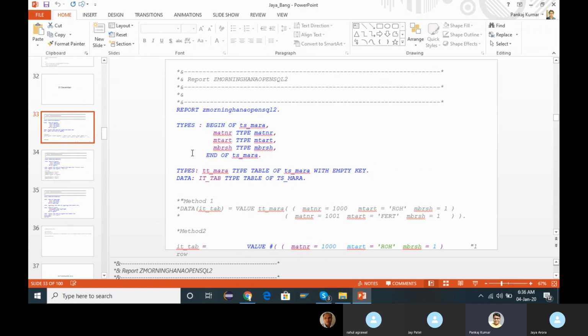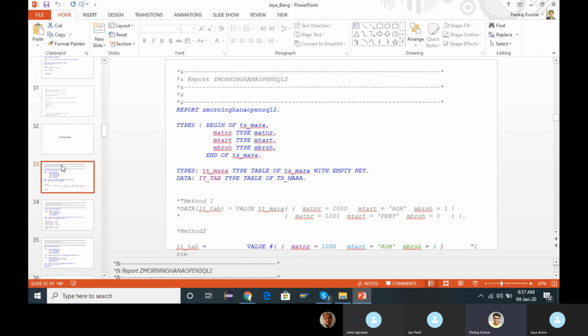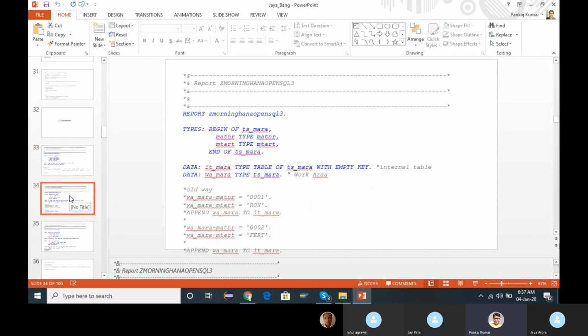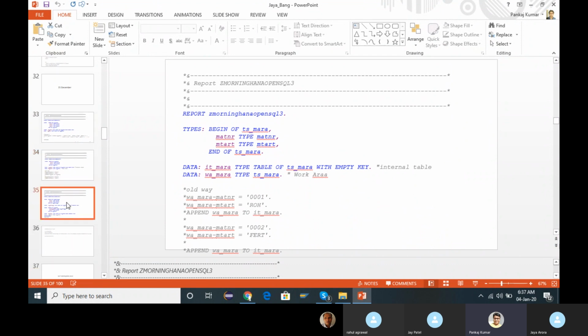Let's start today's class, and let's have a quick recap of what we have done in our last classes. Mainly we have gone through the new OpenSQL syntaxes. There are many new OpenSQL syntaxes which are very advanced and very powerful that we have discussed. As an ABAP on HANA developer or ABAP developer, we are supposed to know the new syntaxes.